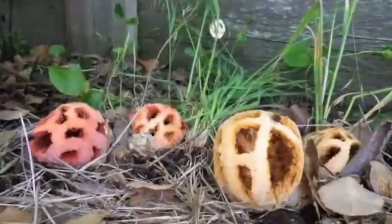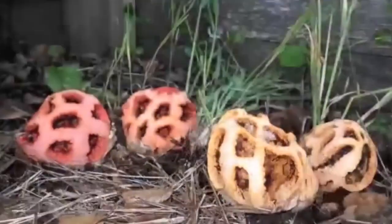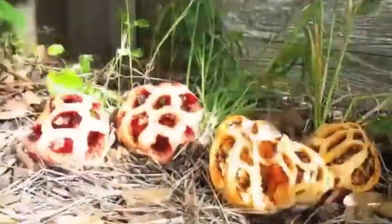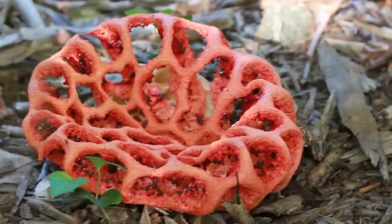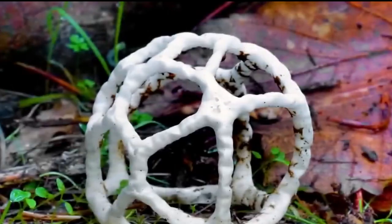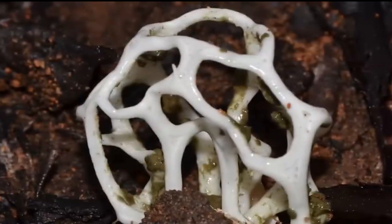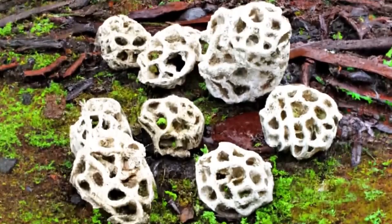The fruiting body, which consists of latticed branches, emerged from the ruptured egg resembling an extraterrestrial spore-covered jack-in-the-box. The fruiting body of the stinkhorn emits an unpleasant smell similar to decaying meat. It stinks by name and by nature, but it's strangely satisfying to behold. The purpose of the stink is to draw flies, who then spread the spores to other areas and aid in